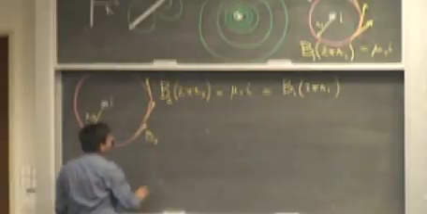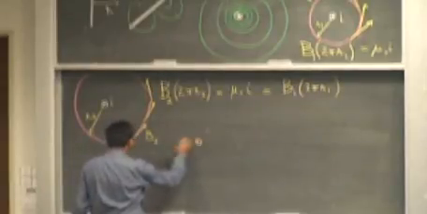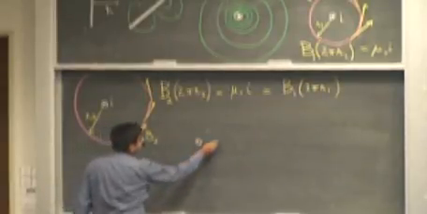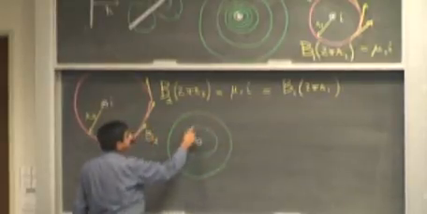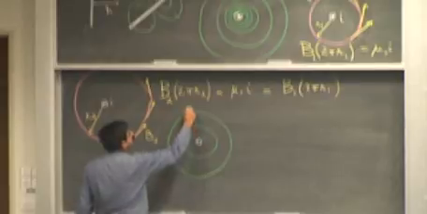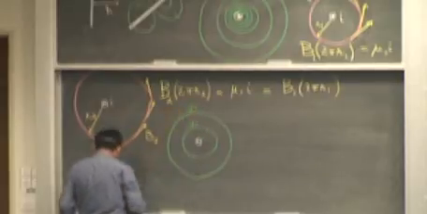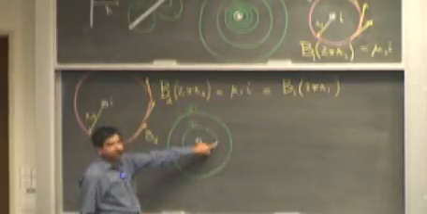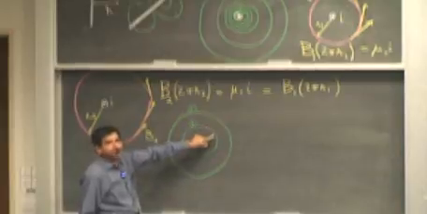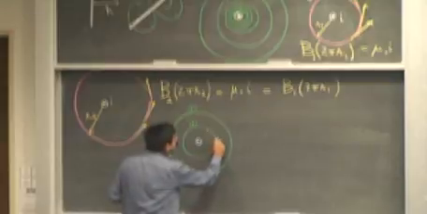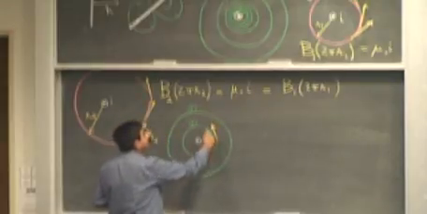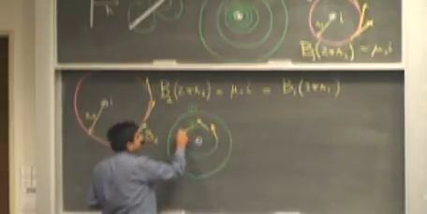So I can draw a current carrying conductor. I can draw two concentric circles around this. This is my path number 1. This is my path number 2. I can find the magnetic field along this path, at each point along this path. Now since the magnetic field is tangential to this path,